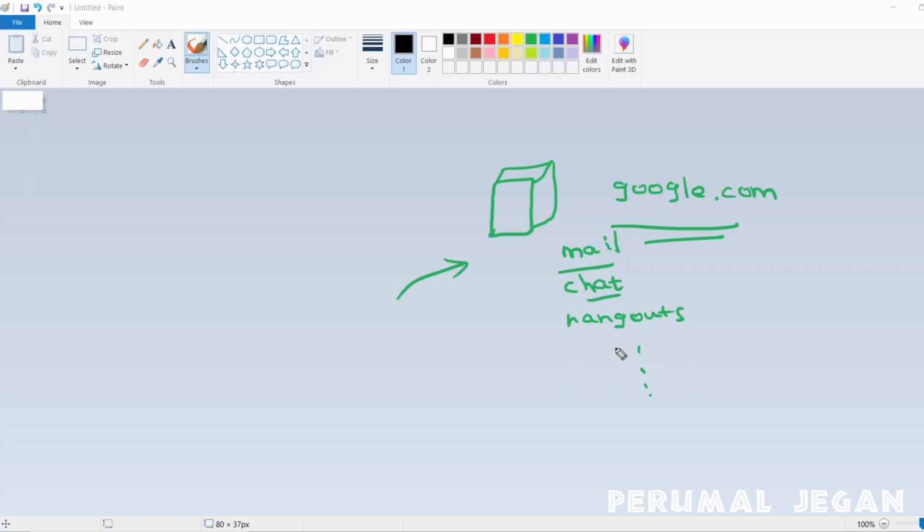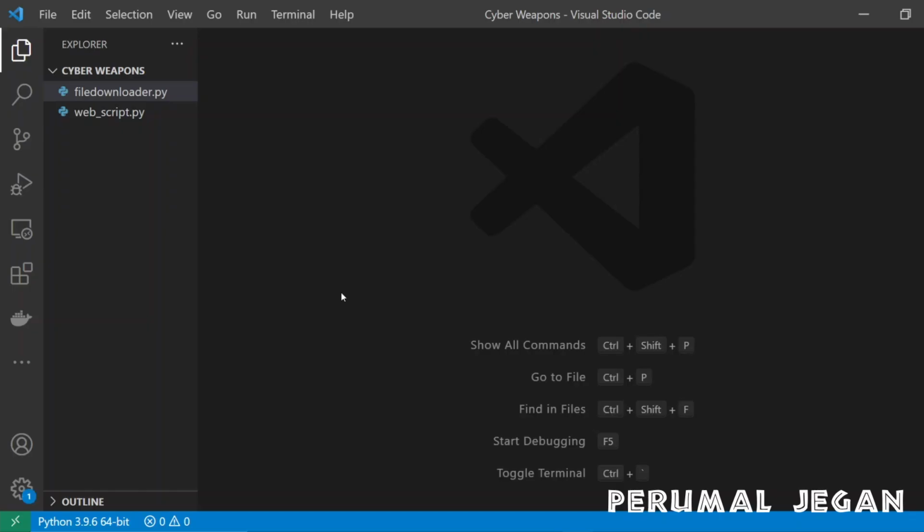I'm going to explain both web request based subdomain and DNS query based subdomain enumeration in the same video. There won't be much difference in both the codes. So let me showcase that. First of all, we shall start writing the program which enumerates the subdomain by using the web requests. Okay, so this is my coding environment. I'm using Visual Studio Code, a popular coding environment, so we can use it.